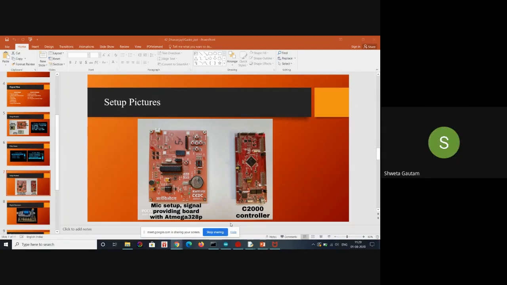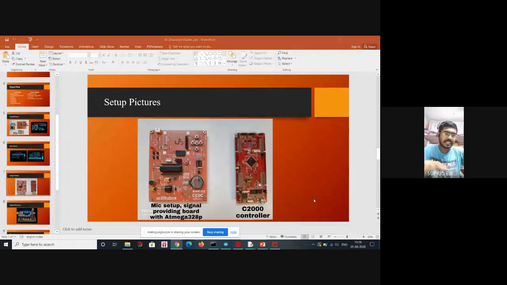Okay, can you show the hardware? Just unplug something. You can see the setup also, because there are jumpers and things like that. I could show you. Yeah. So this is the controller. The ESP controller.